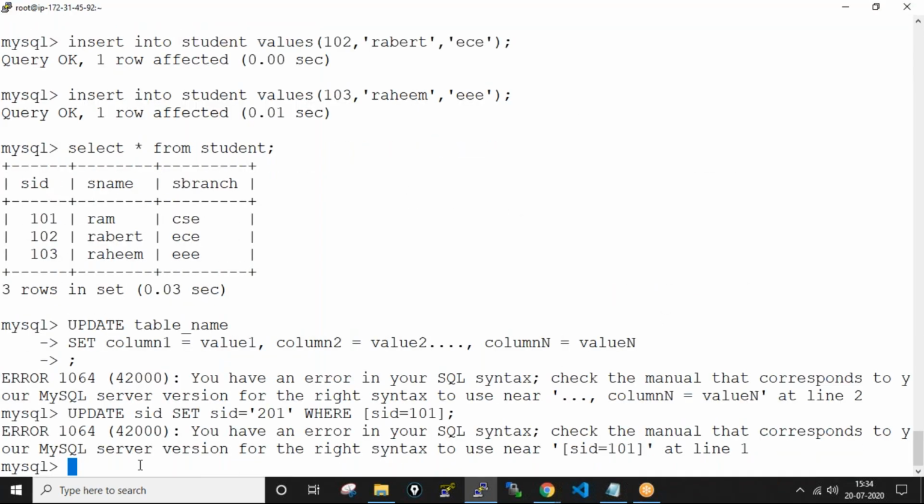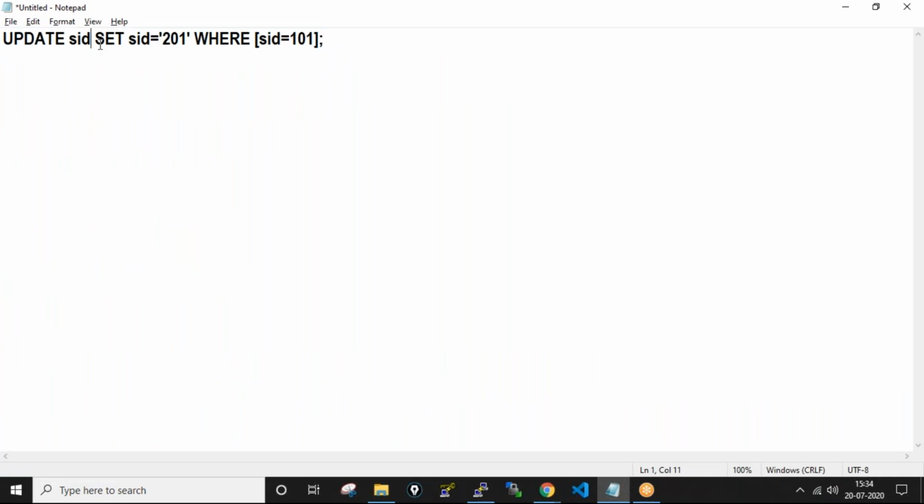Sir, update table name, then set column equal to value, and where condition. Is that correct, sir?